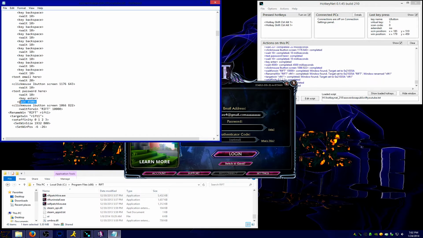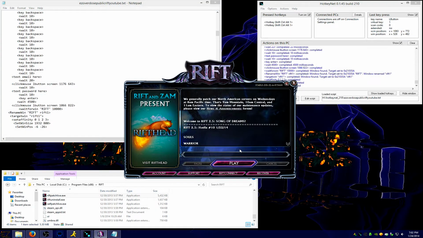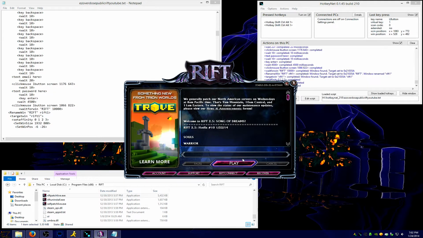And then this line here where it says wait 4500, this is the wait in between the screen where you punch in your info and then the screen where you actually click play. So you might have to adjust this a little bit higher as well, depending on how fast your computer is and how fast your internet is. There's a little bit of a factor of both in there. So when you see this screen, you want to punch in your info